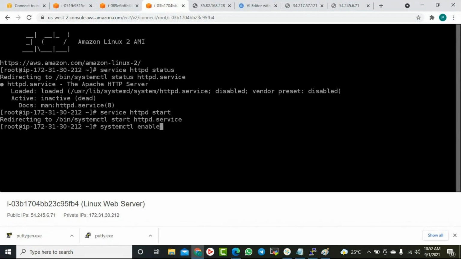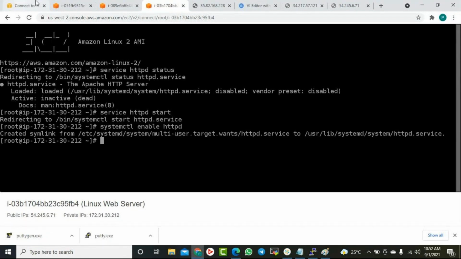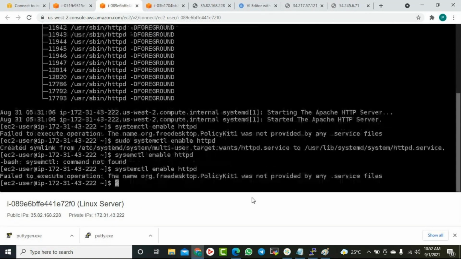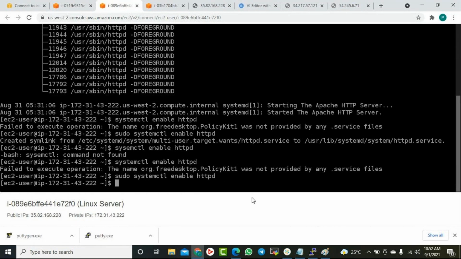This needs sudo. Systemctl enable httpd, you can make sudo before that. So the command was also missing sudo. Correct, got it. Okay, fine.